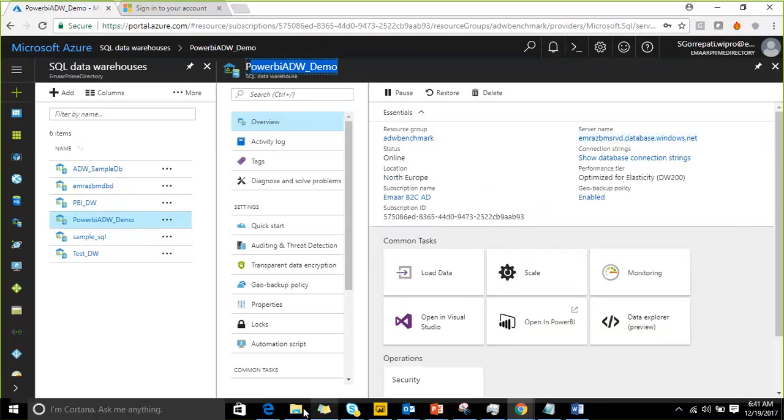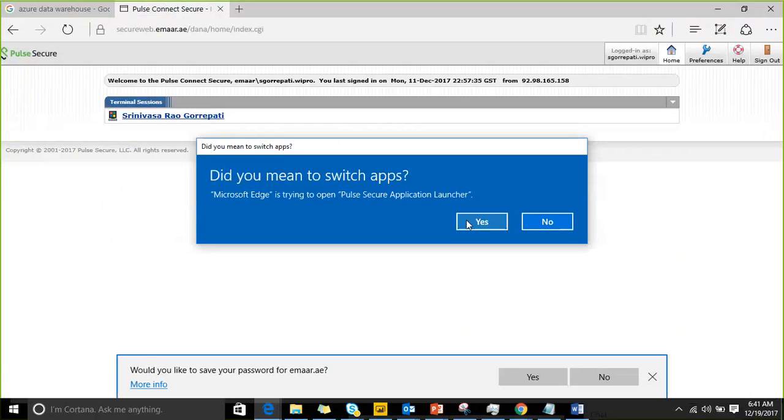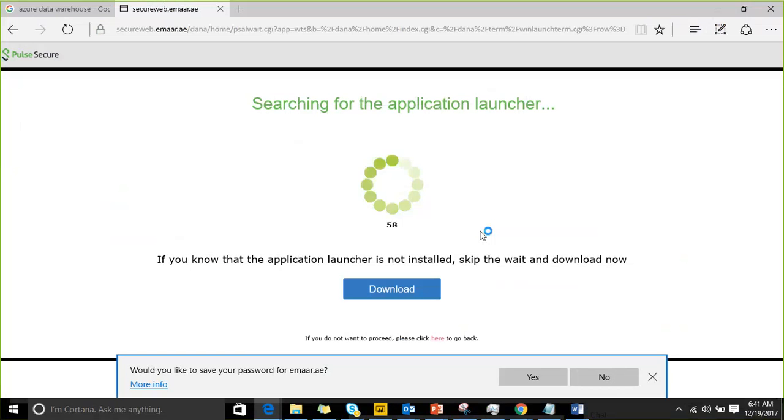Now, to check whether it is created or not,